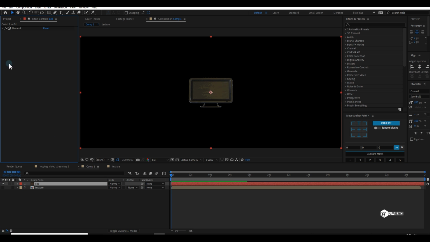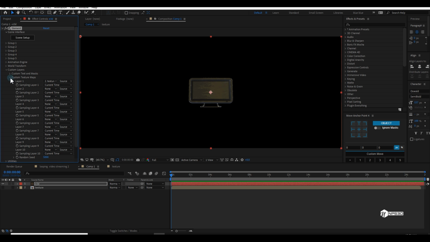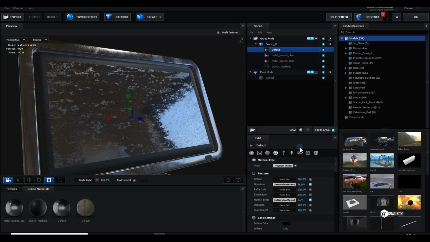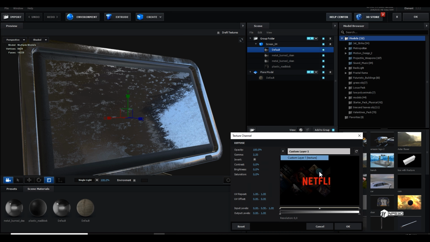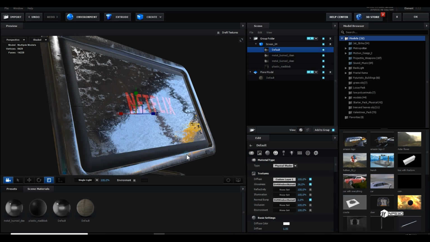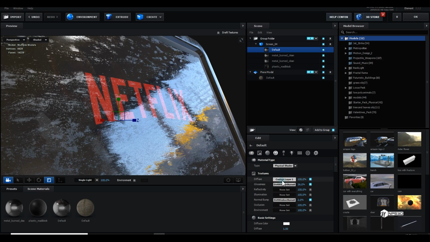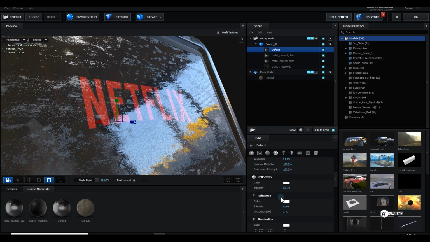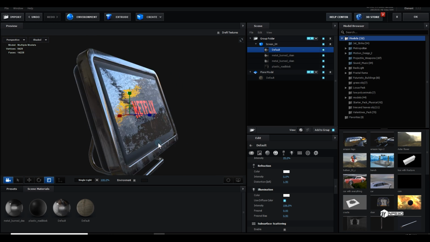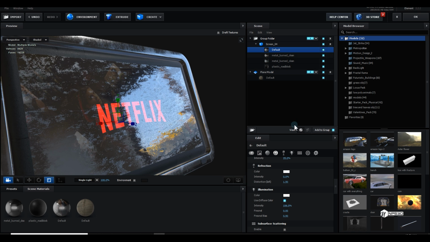Go to the Element 3D, custom layer, and load it. You know, the process is very simple, just like always. And then I can come over here and use it as a diffuse map and make the color white. So now you can see easily. And if you want to make it brighter, you can go to the illumination and use diffuse color as an illumination, and then you can pump the intensity according to your need.